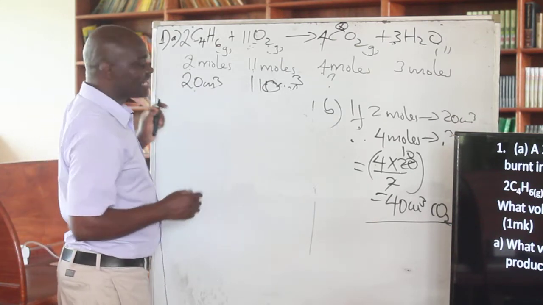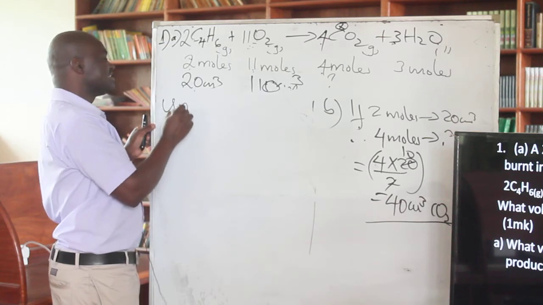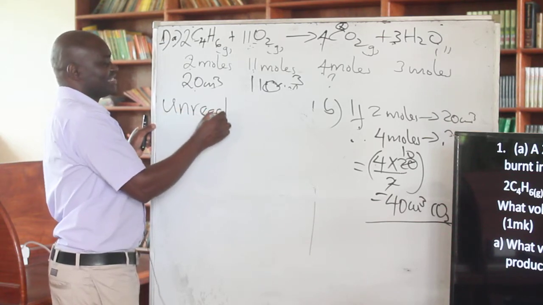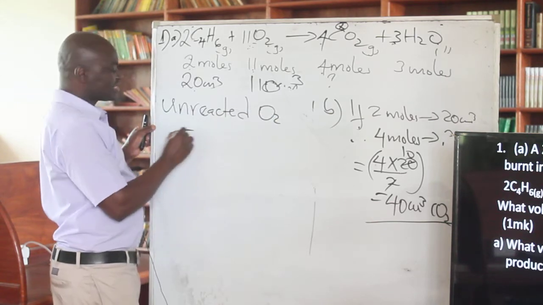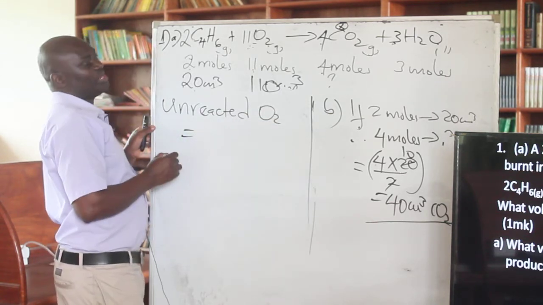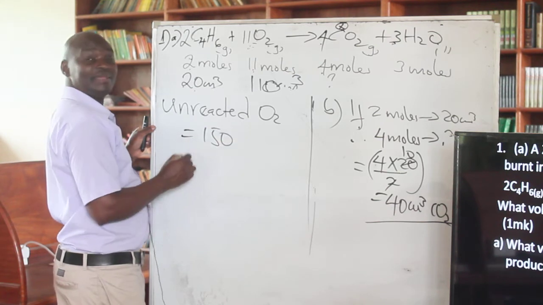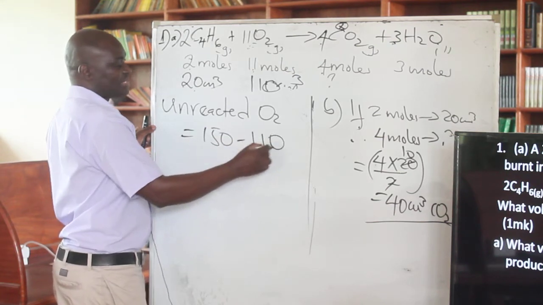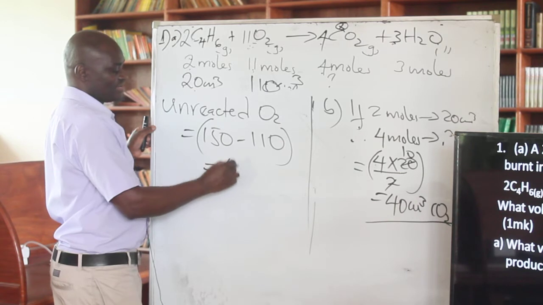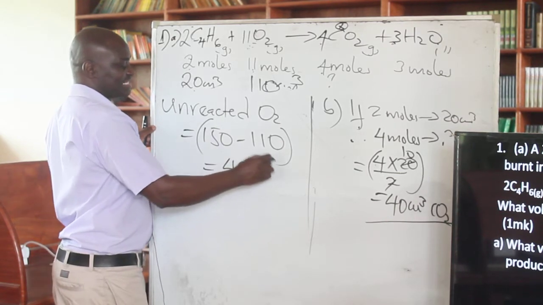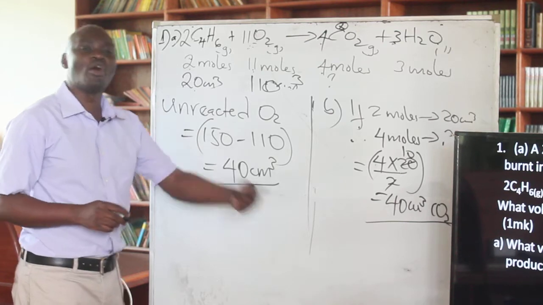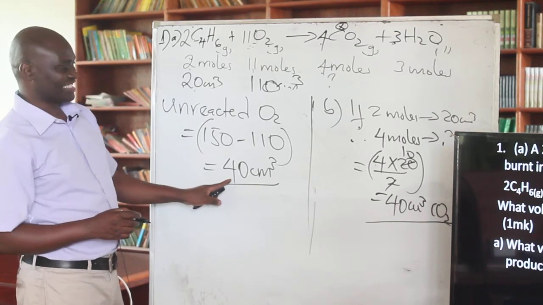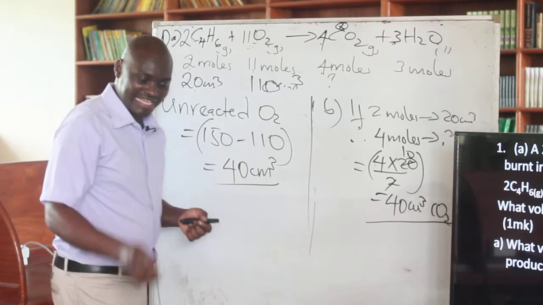So from there we can calculate the unreacted oxygen. So unreacted oxygen will be 150 minus 110, which will be 40 centimeters cubed. At the end, there is some oxygen remaining, which is 40. Then again,